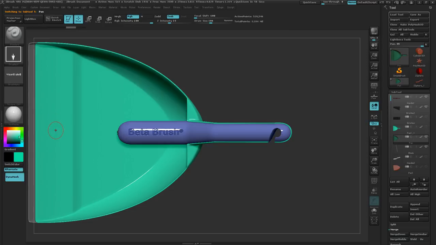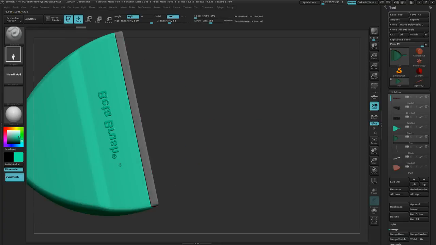Let's turn symmetry off. It's a little high. There we go. And this may be poking through to the back. If it is, yeah, what I can do